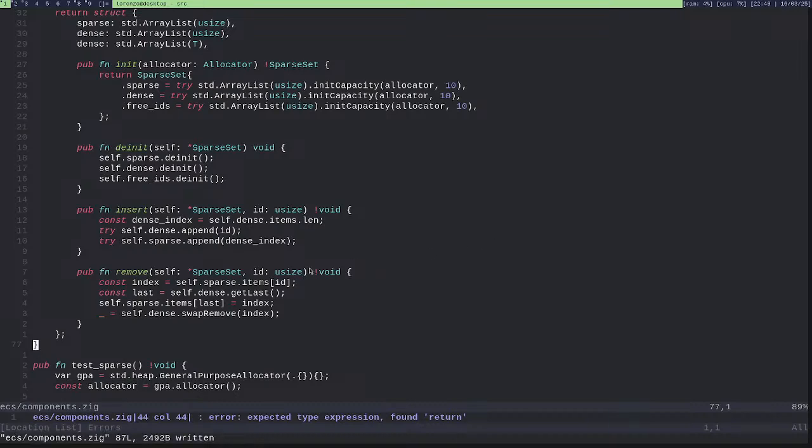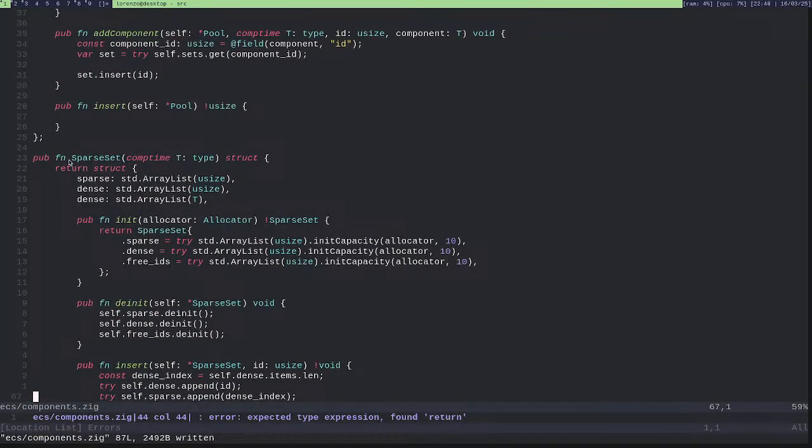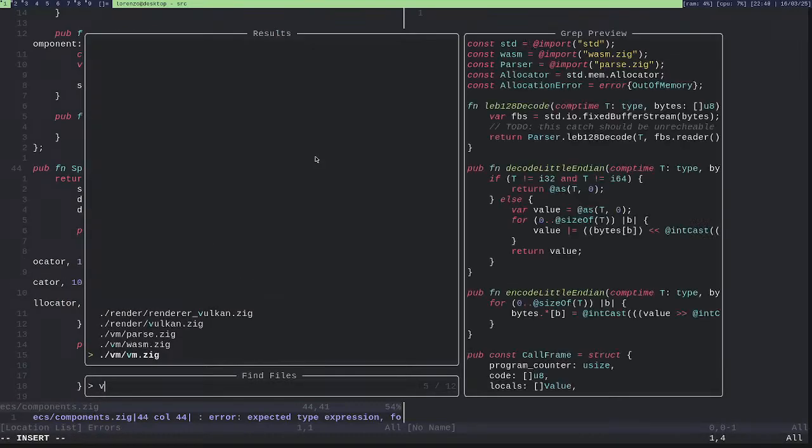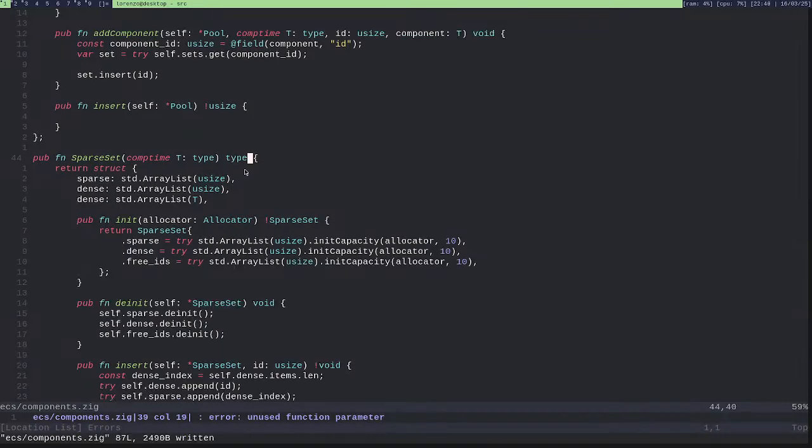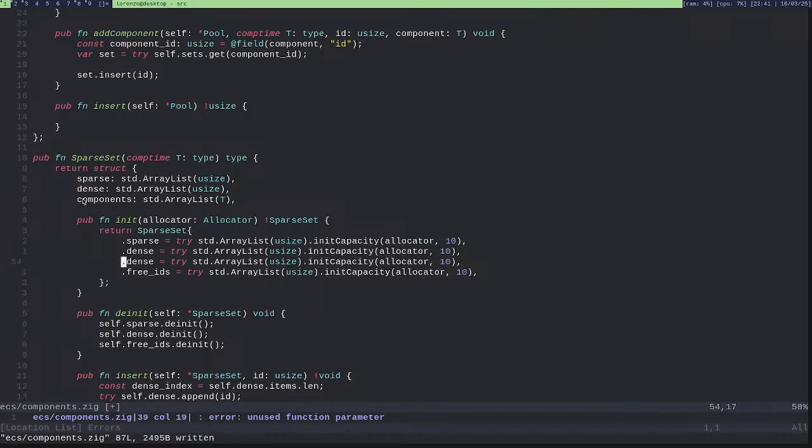Oh, it returns a set type. Okay. And this will be called not dense, but components.